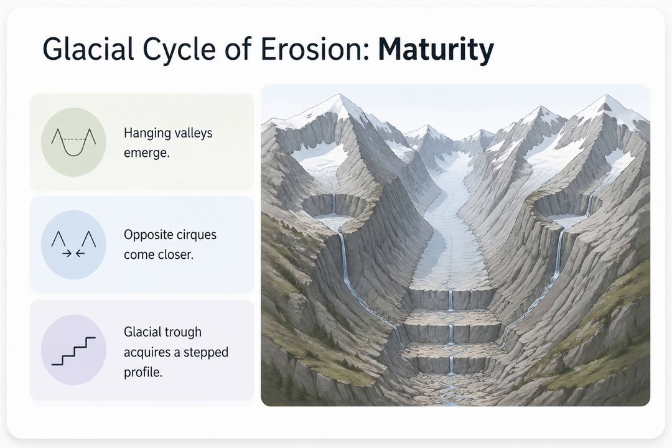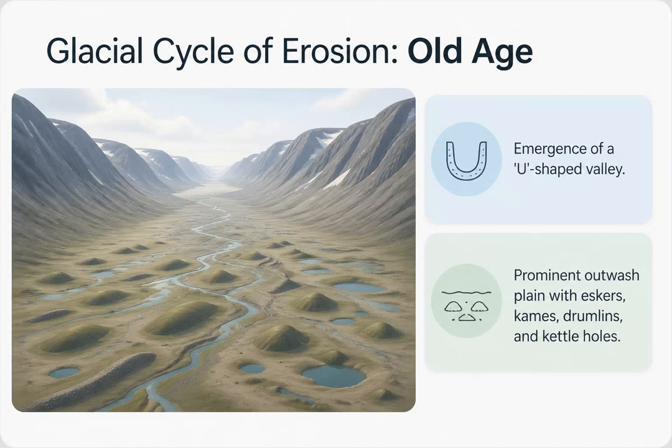Hanging valleys start emerging as the main trough deepens. Opposite cirques cut closer to each other, sharpening the aretes, and the main glacial trough acquires a regular, graded, stepped profile. Finally, in the Old Age stage, the landscape is dominated by the emergence of a massive, fully formed U-shaped